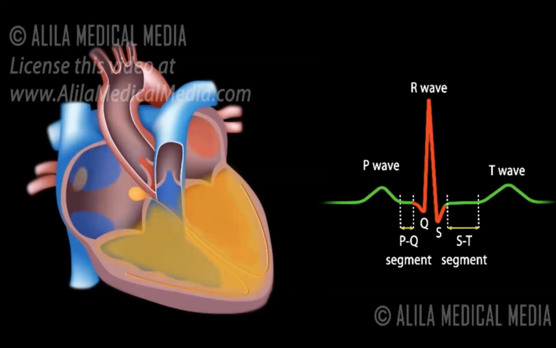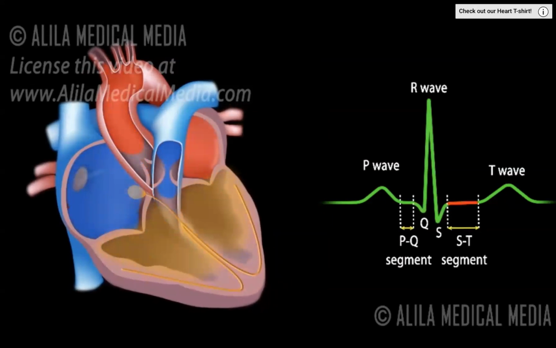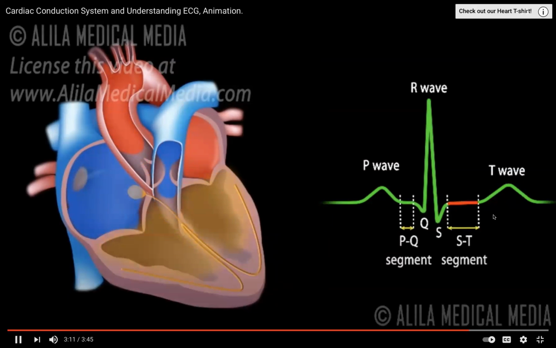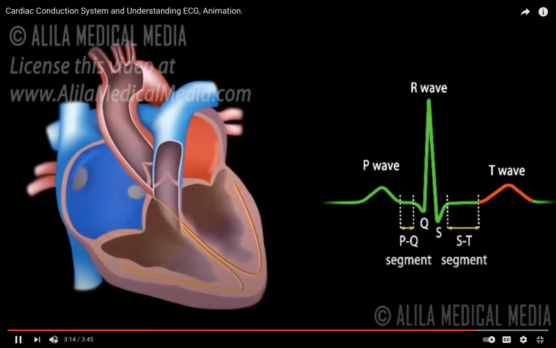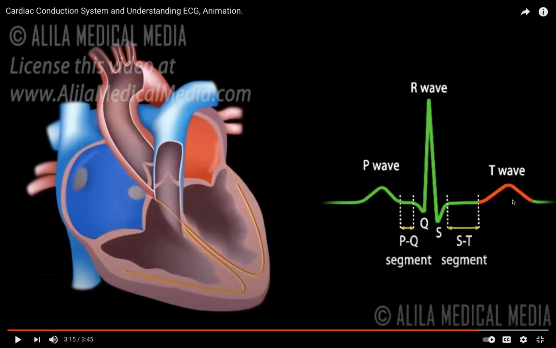The ST segment reflects the plateau in the myocardial action potential. This is when the ventricles contract and pump blood. The T wave represents ventricular repolarization immediately before ventricular relaxation. Now, repolarization is different from depolarization. So repolarization means all the ions, the pluses and minuses, go back to their sides. So they separate. And if they separate, there's no more electrical conduction, and it resets and recharges for the heart